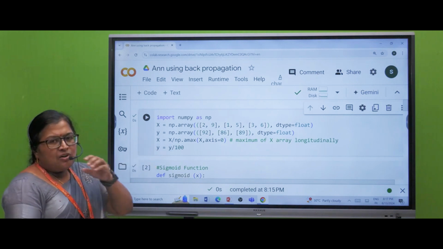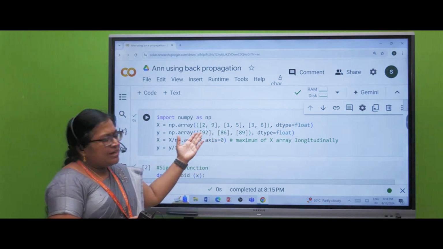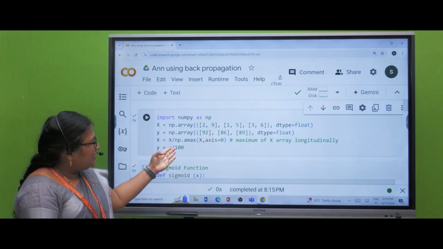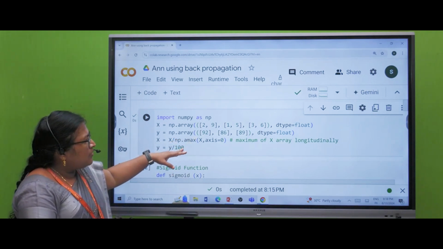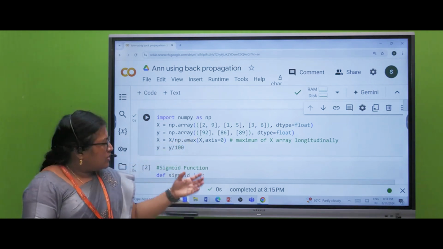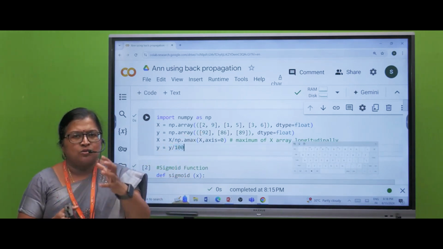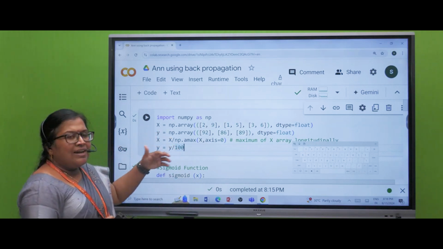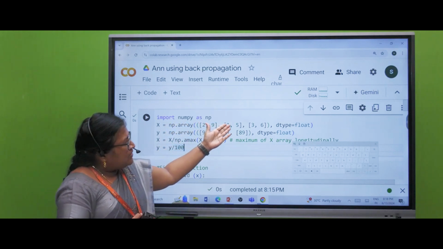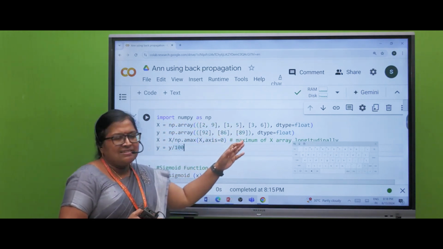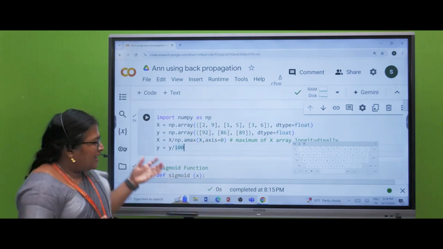And the Y label also I am normalizing, just by taking a constant number. Here almost all are similar, so I have considered a constant number and I'm dividing by 100. So I'll get nearby float values. If I divide 92 by 100, the value will be 0.92. So everything will be zero-point values. Now X and Y are consistent values. Otherwise you can see these are 2, 9, 1, 5, a very low range and these are 92, 86, a very high range. We cannot plot those two values on a graph. For that I am doing the normalization.